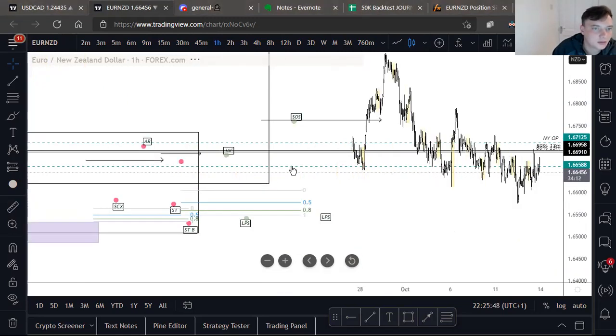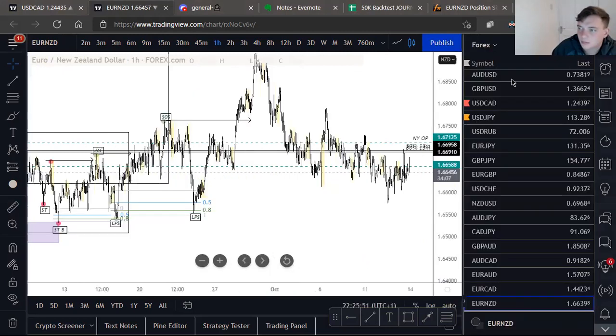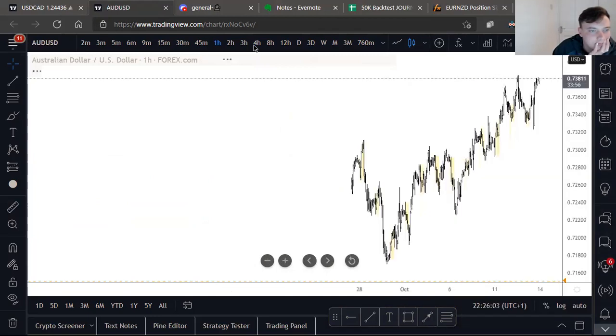But yeah, definitely look to do this. There was another hedge. I can't remember what it was. Which one was it? Let me just go down. So if you need to up your game on hedging,